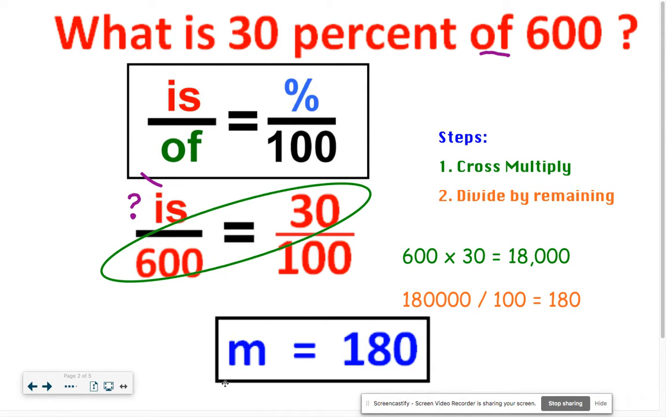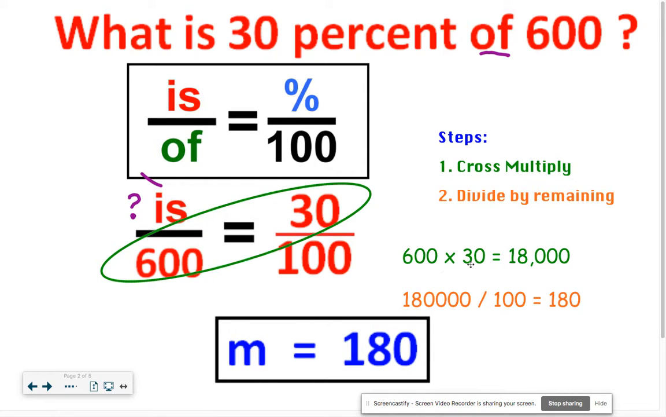Now we have some steps. Again, this would be a good time to pause the video and write some of these steps down. The first step is to cross multiply. Cross multiply means that you multiply a top with a bottom on the opposite fractions. So in this case, we have a bottom on this side, so we need to multiply it with the opposite top. So 600 times 30,